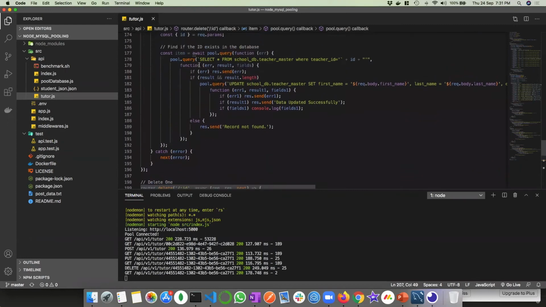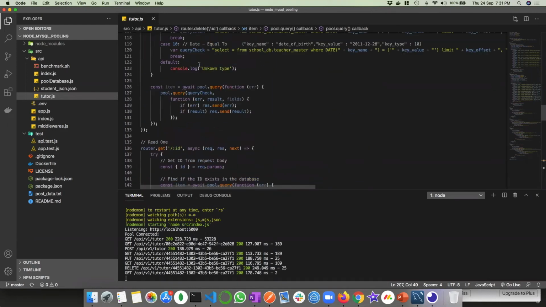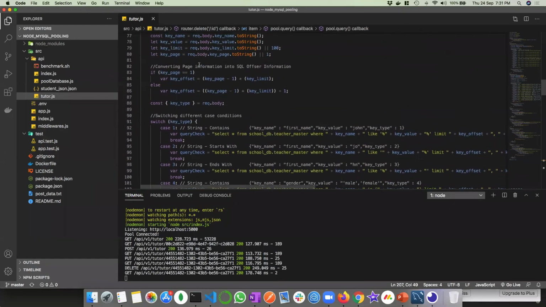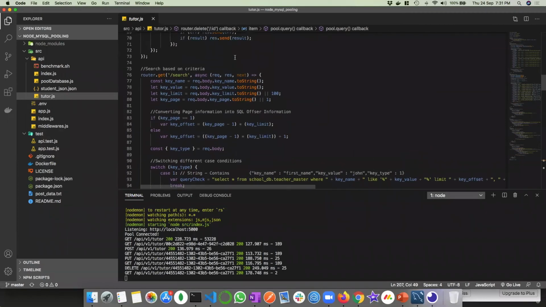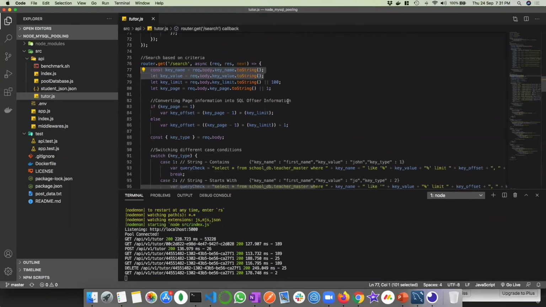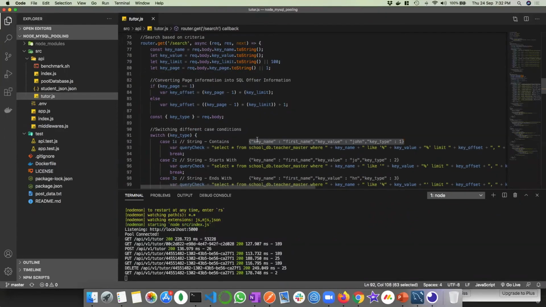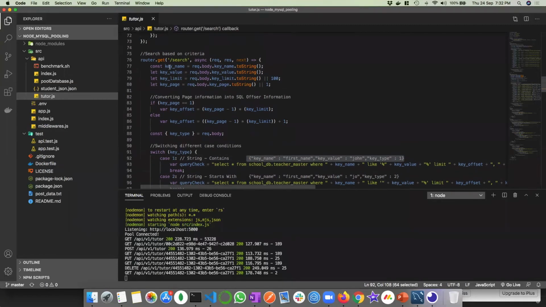Now let's look at 2 more queries. One where we want to give or specify where clauses, and second where we want to do aggregations. Okay. For the where clause, we can do a simple where clause if we know the fields. But since there are many fields, what we can potentially do is pass a key name and a key value, and also give some pagination information. Okay. So let's say we just want to see what are the records which have first name as John. Here the route we have given is /search.